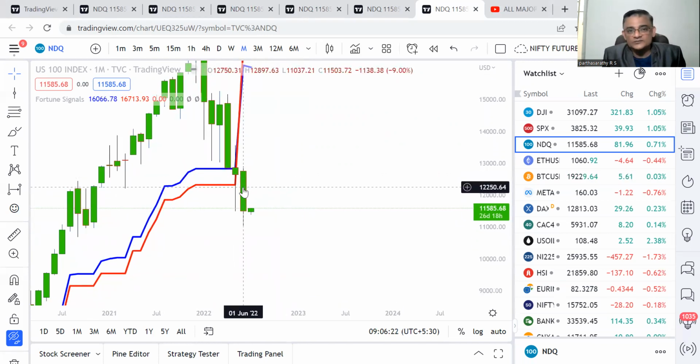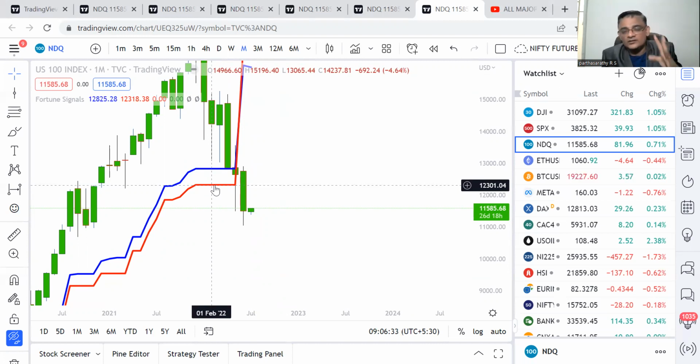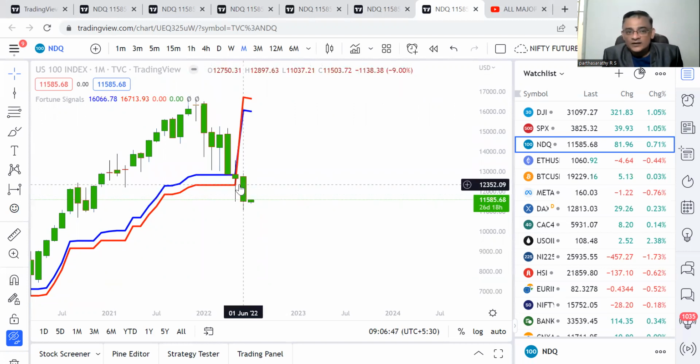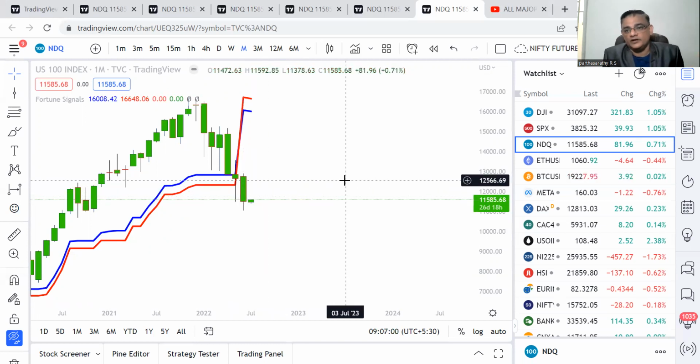So what is this low? Last month low is 11,037. Why is this month very important? Only because of fortune signals I'm saying. I'm not telling anything else. If you want to go and draw trend line, RSI, pitchfork, whatever, you can do all that. But based on fortune signals, I don't need to do a lot of things here. I simply open my chart on monthly, weekly. I can simply say, once it broke this red color, if this candle low is held on a monthly basis, because this is monthly. If it is daily, I would have told daily. If it is weekly, I would have told weekly. Till it holds this low, you don't need to worry about it.